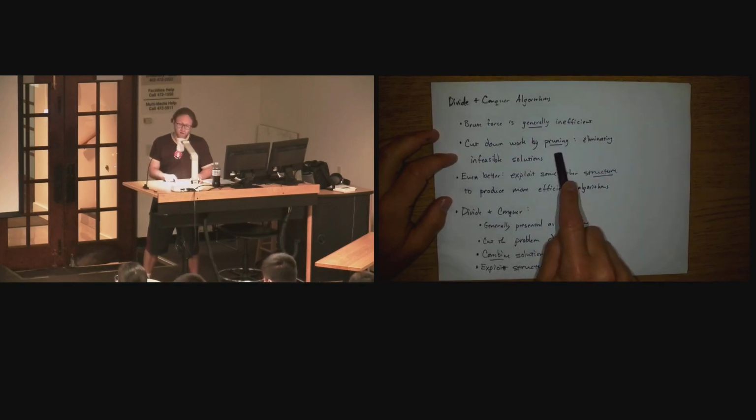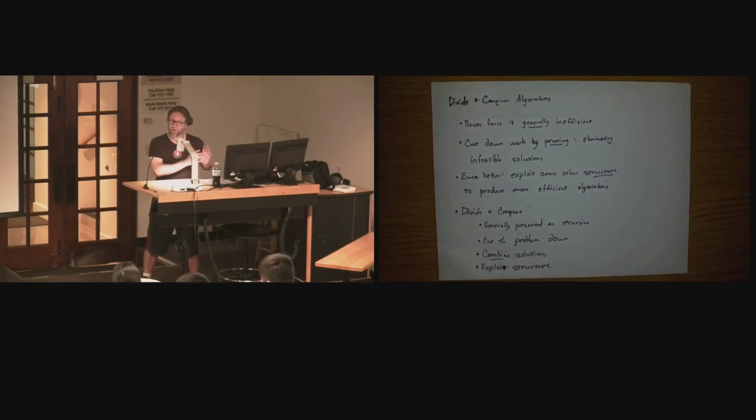In other words, not only can we prune out infeasible solutions, maybe we can also prune out other considerations. For example, like the all pairs in the closest pair of points problem. Is there something there that we can exploit geometrically to cut down the amount of work that we actually have to do? So we're going to look at a couple of these solutions that are all basically divide and